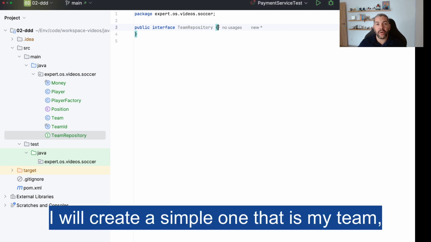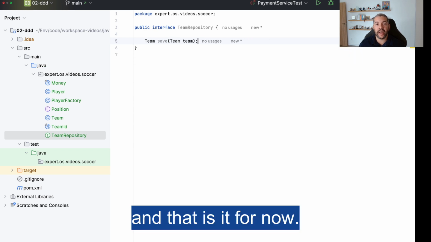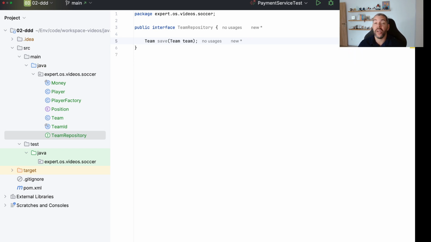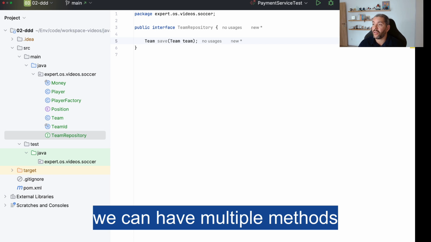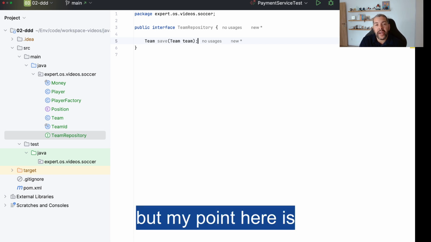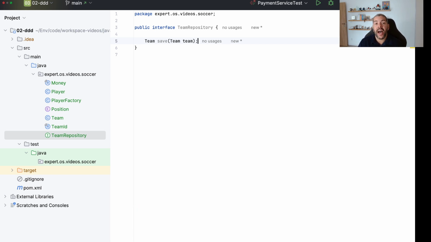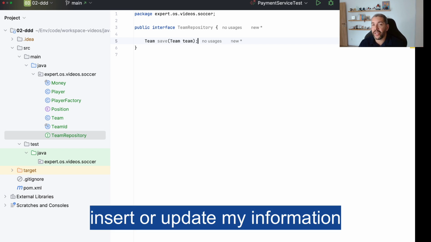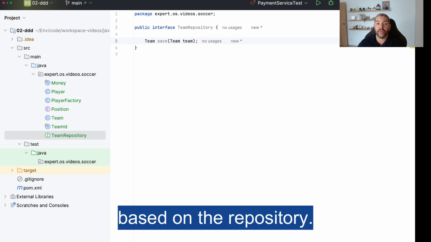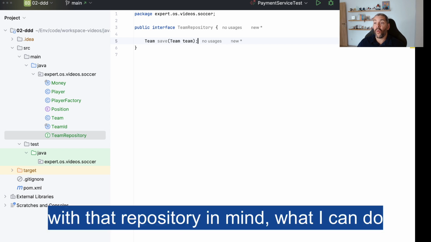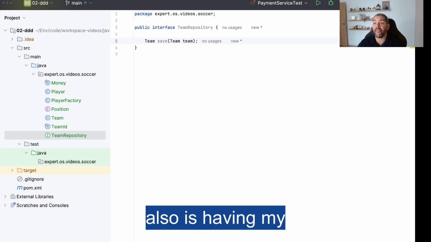So I will create a simple one that is my team, the save, and that is it for now. Naturally, we can have multiple methods and operations. But my point here is, as a client, I have no clue which database I'm using, or if I will insert or update my information based on the repository. So with that repository in mind, what I can also do is have my